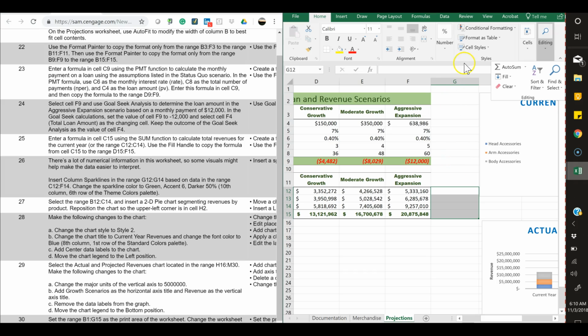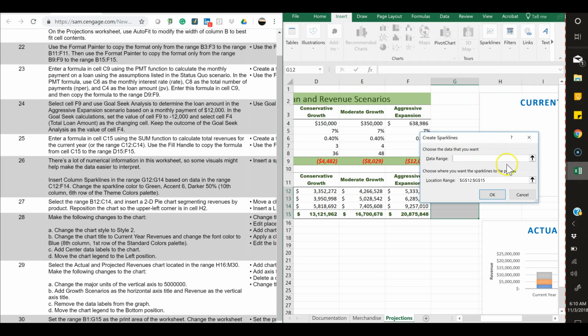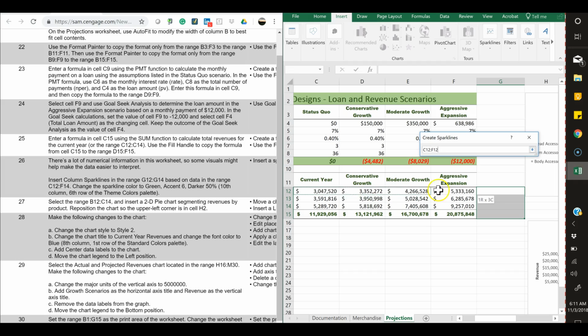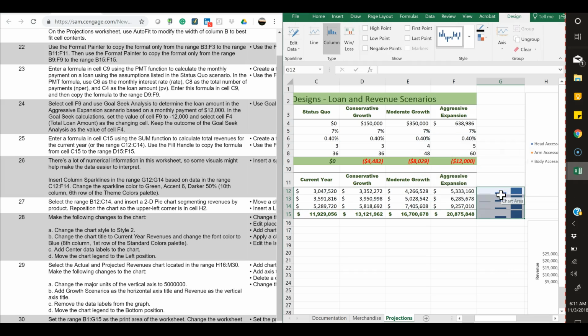Okay, and they're selected. So I'm going to go to Insert and Sparklines, and they wanted a column sparkline. The data range is C12, according to the book, all the way to F12 and then to 14. So all that data, and click OK, and it puts the sparklines in there. And then it gives you all sorts of design opportunities, and they want us to make it a different